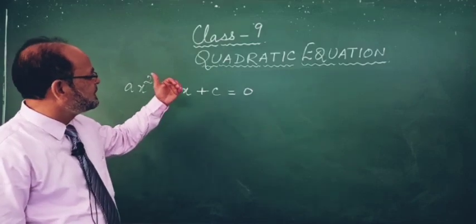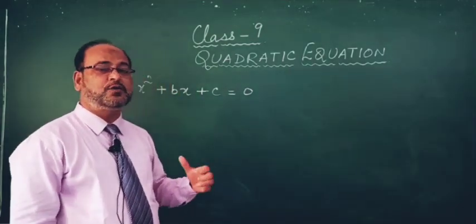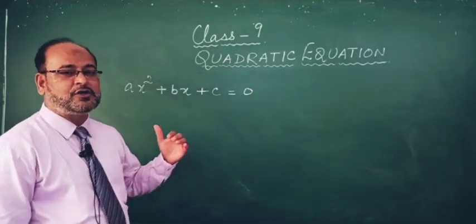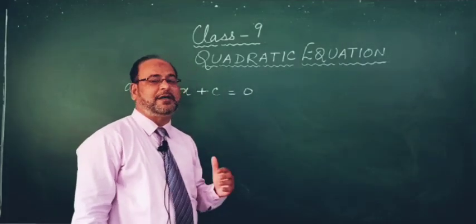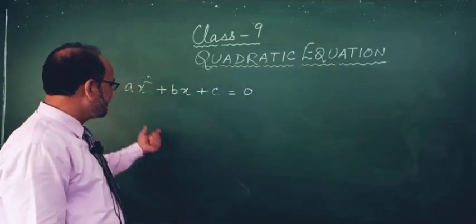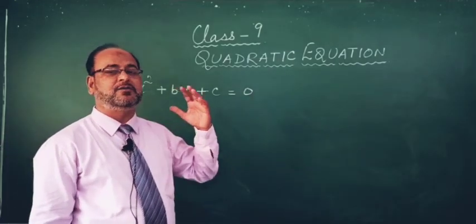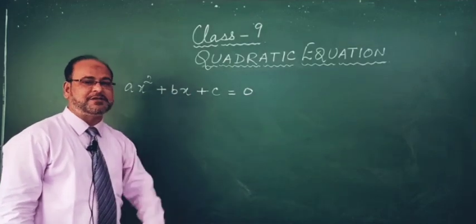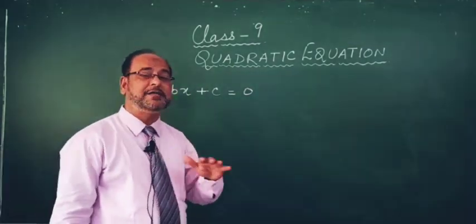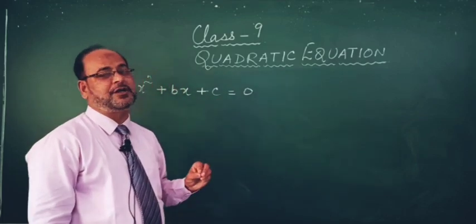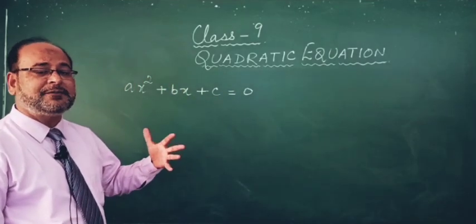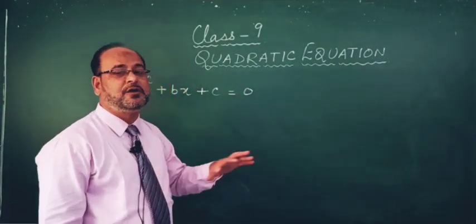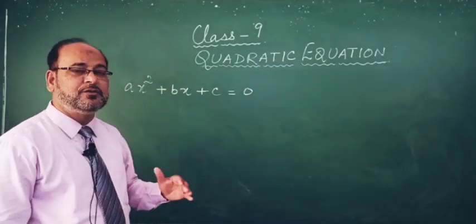In this chapter you are going to learn how to solve a quadratic equation. So the procedure is that first of all you will factorize the given quadratic equation. And second, if the equation is not given in standard form, which is this format, ax square plus bx plus c equals 0, then your job is to change the given equation into standard form. It means that if you find fractions given, first of all you will remove all the fractions and then you will factorize.